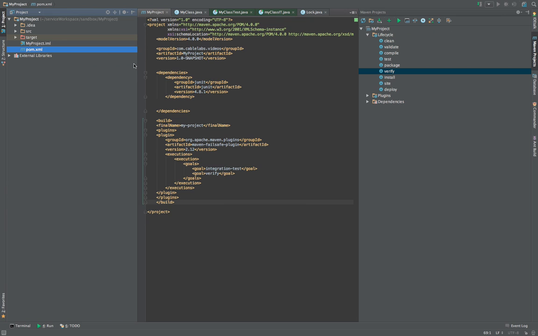So today we're going to learn how to use Maven to set up unit tests and integration tests. This is a basic introduction. There are many things you can add to it later, which we'll talk about at the end, in a later video. So the first thing you need to do is make sure that you have a Maven